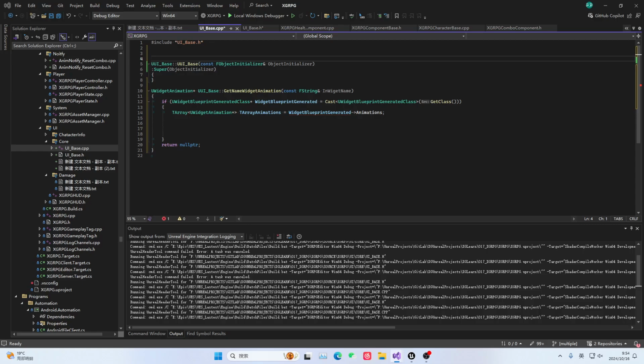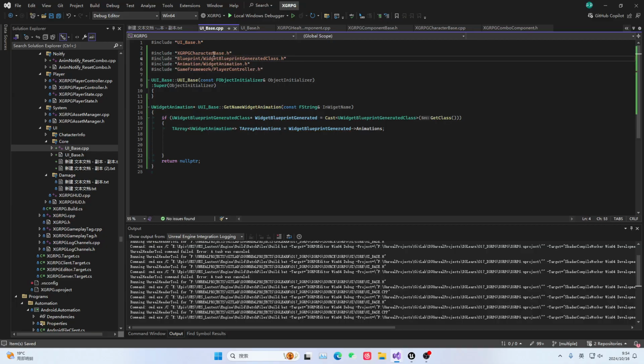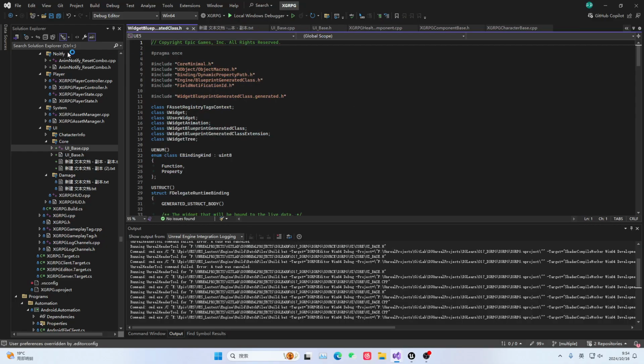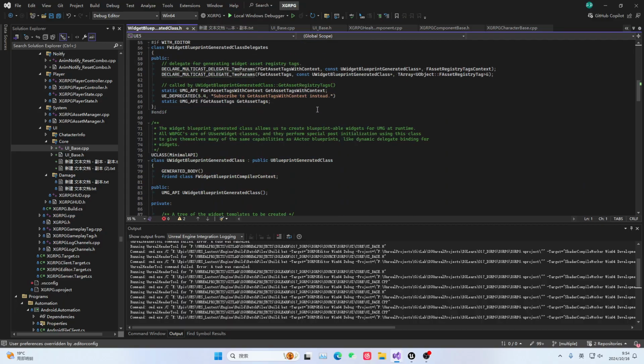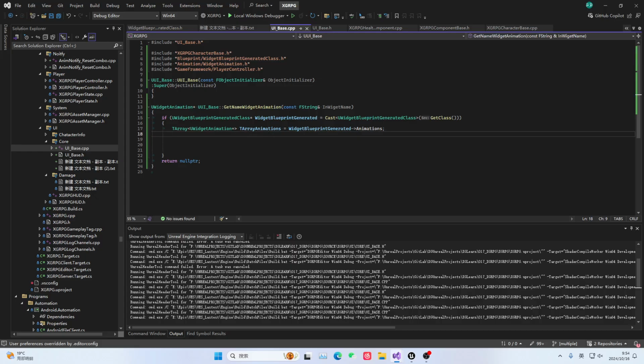Here we include the header file. For the header file, including these should be enough. This is also relatively simple. That is the position inside our character and the position within this blueprint. You can see it here. Right here, you can see there are some comments in other places. Right. Then after we obtain all these animations, because it is a TArray,